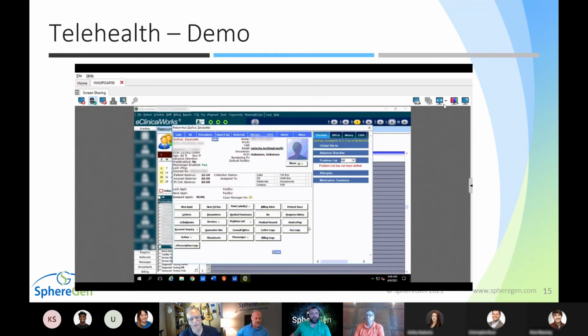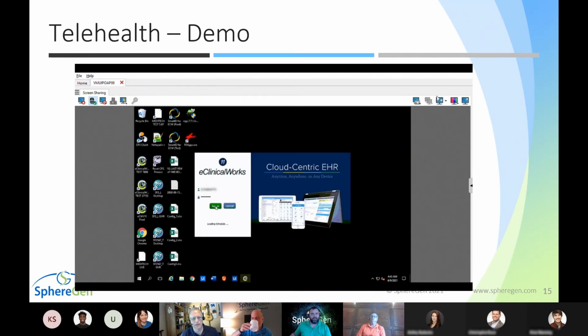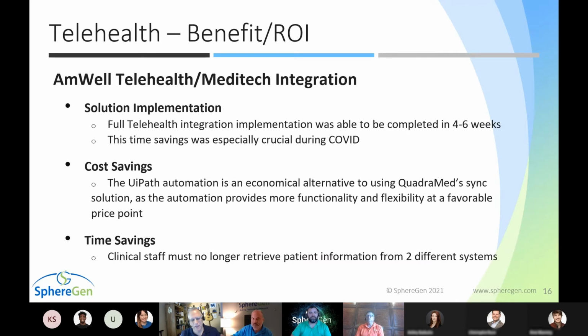Yeah, this is one that used a dedicated unattended bot because it was transactional, so it needed to be as close to real time as possible. And there were some tight constraints on this. There was a 4 to 6 week window to get this in and get it working, and we were working with